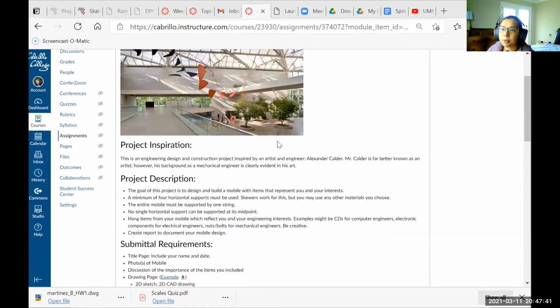Basically, you're going to construct a mobile that has items that represent you and your interests. So you can pick anything you want and hang it on this mobile. And the key with the mobile is that you have to have 4 horizontal supports.